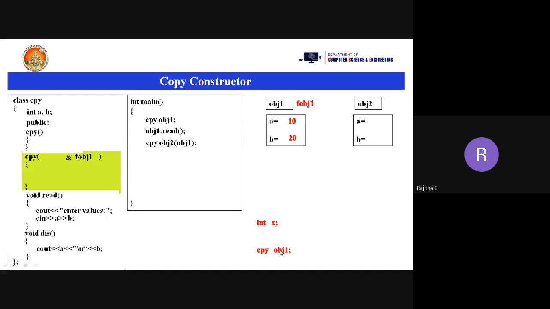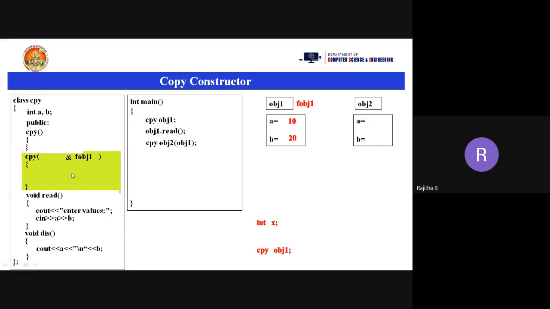And what is the data type of this obj1? cpy. So what is cpy here in our program? The class name. So when you are passing the object here, the data type of the object is the class name. Suppose if you are taking int x, x is a variable and the data type of x is integer. Now come to this statement: obj1 is the object and cpy is the data type of the object, meaning the class name. So when I am passing the object here, what is the data type of the object?